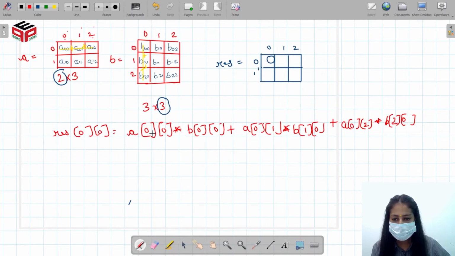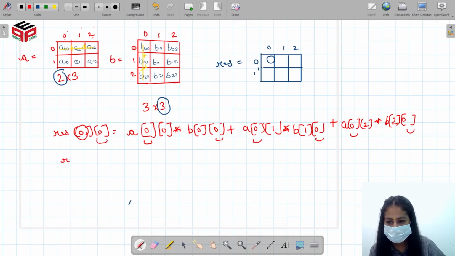Now if you notice here, the first index of A is the same as the row value, right? And the column of B is the same as the column value, right?